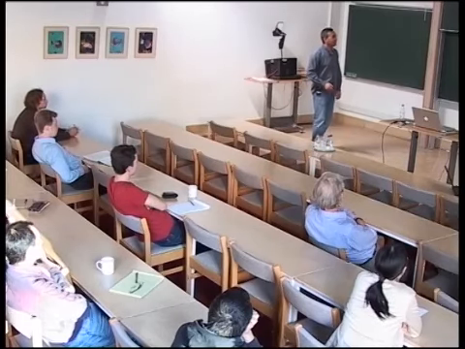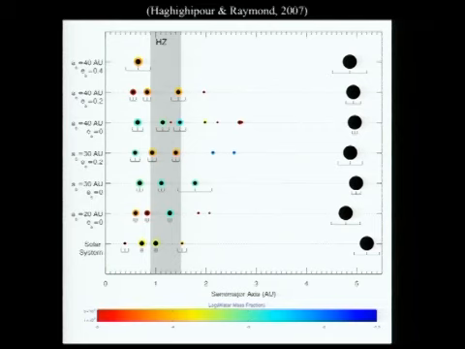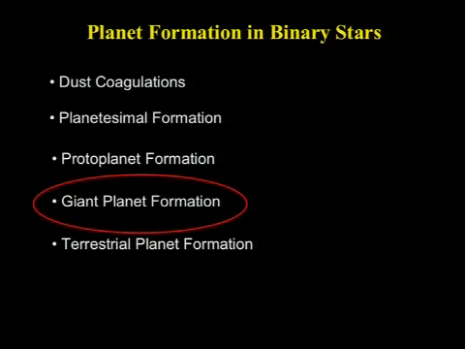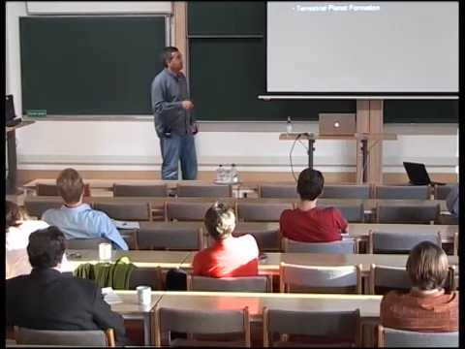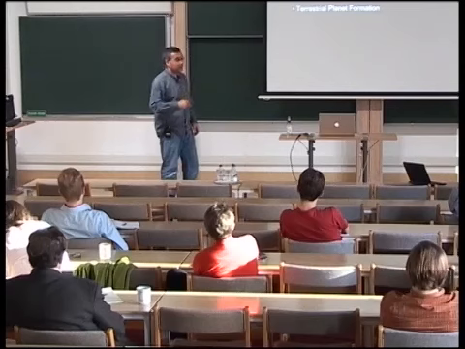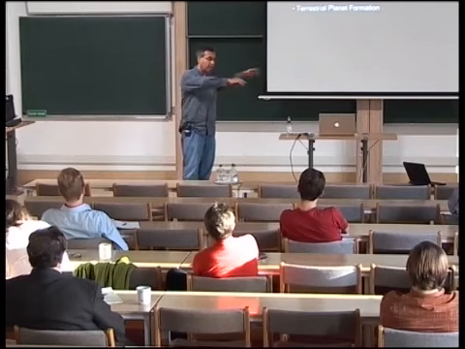Right? So this told us that in order to understand this part better, we have to understand this part, formation of giant planets, better. So the question is how these giant planets form. Well, there are several groups that are working on it. And the two scenarios, disk instability and core accretion, they tell us different things. For one, core accretion, if you want to do core accretion, you got to go back to learn more about protoplanet formation and the transition from planetesimals to protoplanet. I'll explain that. It has its own complications.